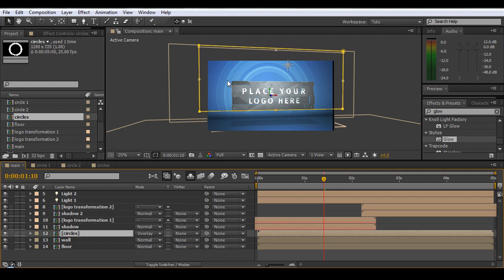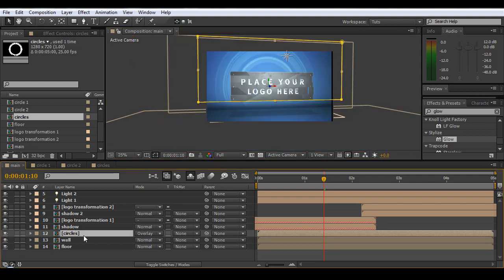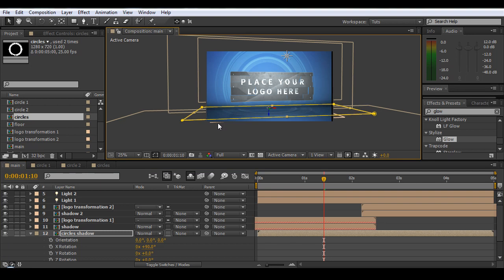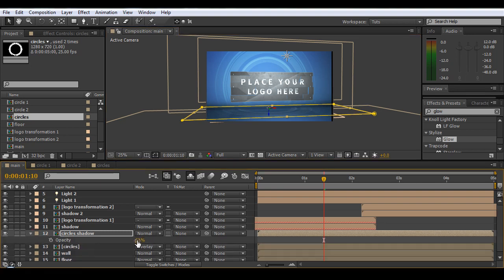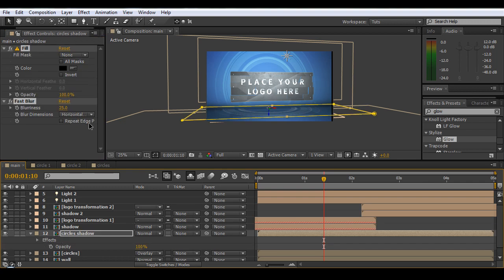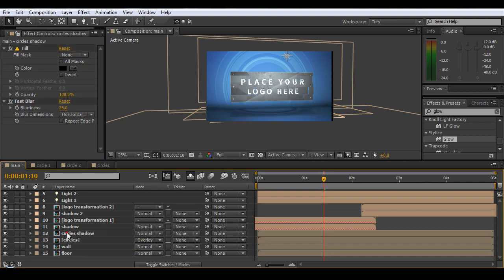And then we want to make a shadow effect for this element as well. So we'll Control D and we'll enter and name it Circles Shadow. Hit R to rotate it, go 90 in X, and with the move tool bring it down just above the floor and turn its blend mode to normal. Just see it pop. Where are we? There. Alright, and what we want to do is make it 100% opaque and just steal the effects off the Lego Transformation 1 shadow and Control V to paste them on there,